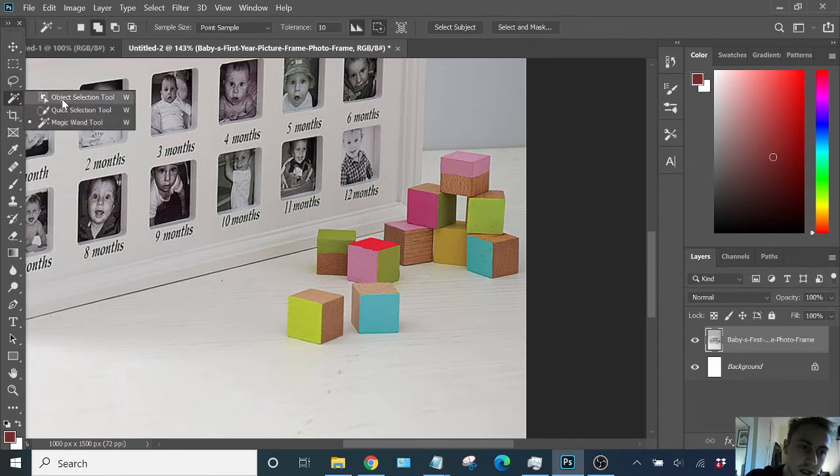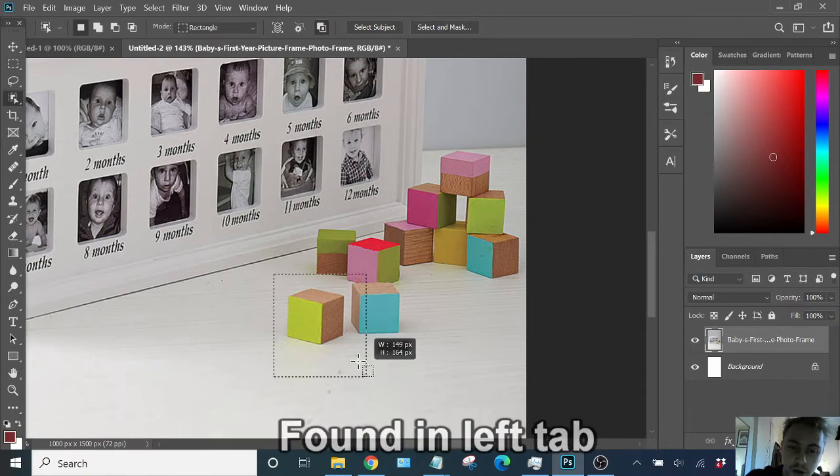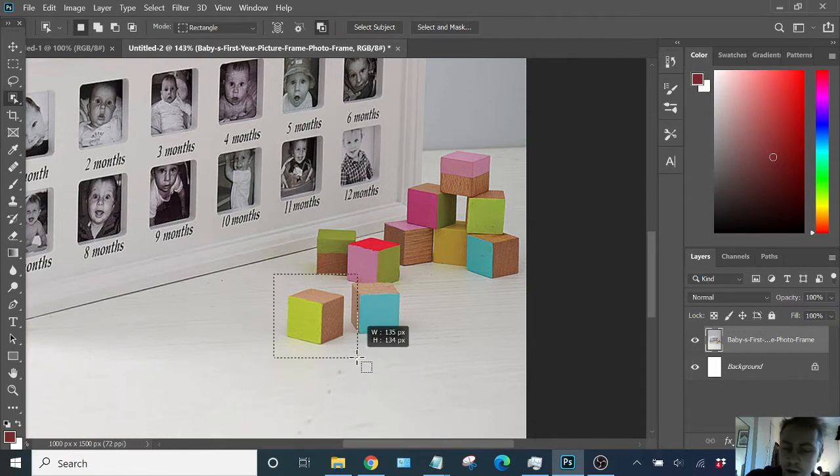Really easy to do. There's a tool here called the Object Selection tool. Photoshop's pretty smart. Just put that around it, it'll probably get it right. Yeah, there you go, easy. And you want to take it out, so all you do is press delete. Easy. If you wanted to make it bigger,